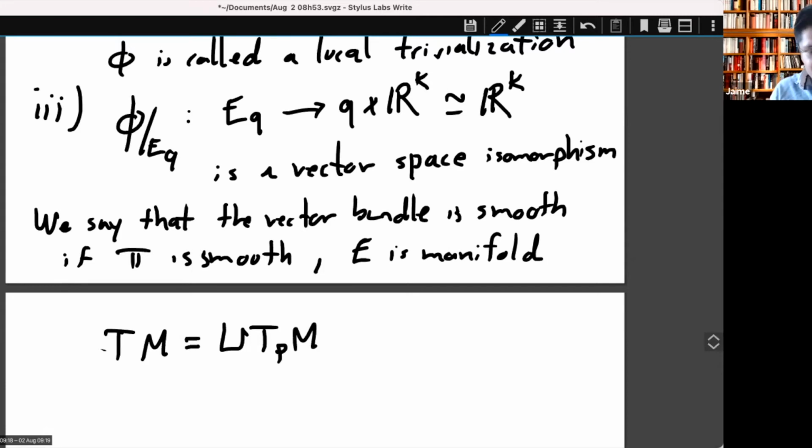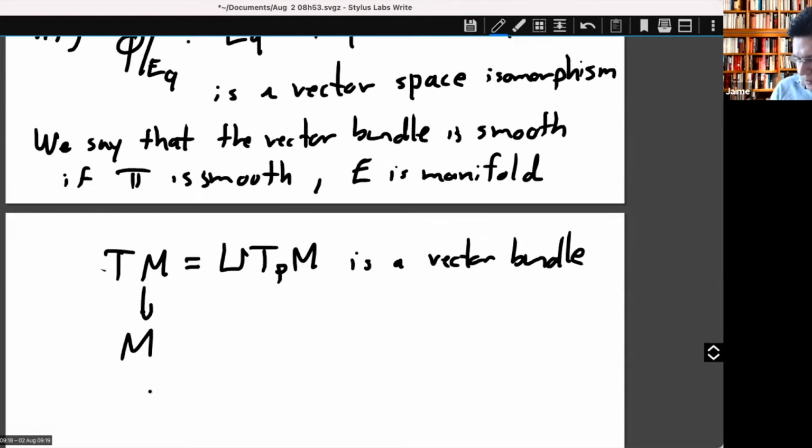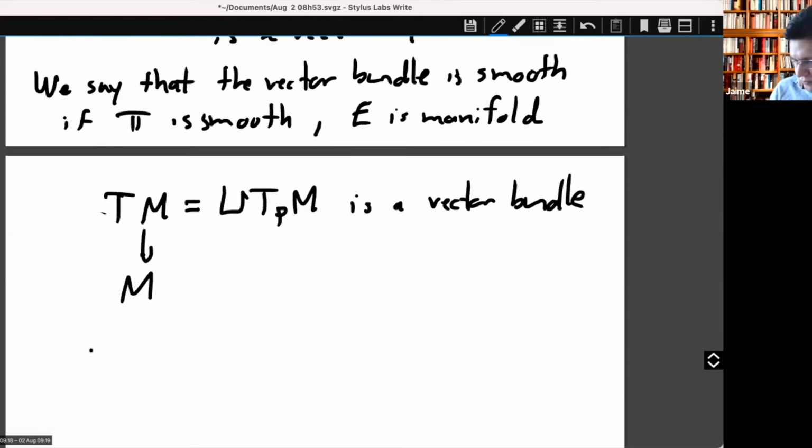This is indeed a vector bundle, right? Where pi is just take the point, right? So whenever you have a vector bundle,